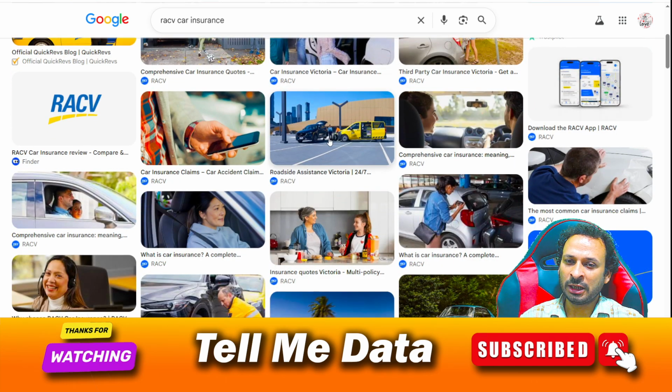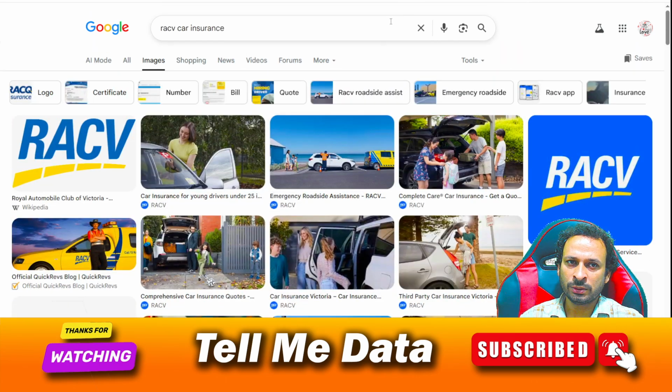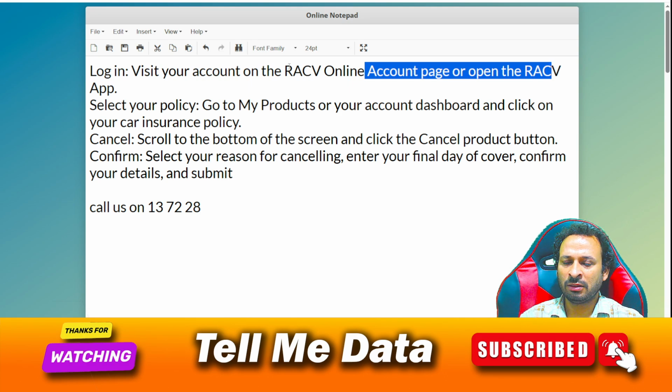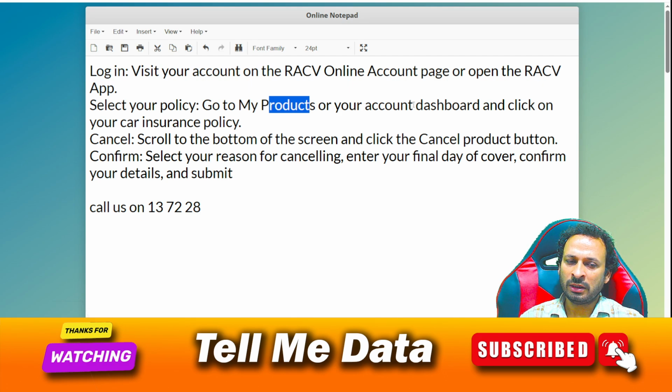And if you are a little bit of a technical person, what you can do is visit the RACV official website. You need to log in to your account, and once you are logged in, you need to visit the account page section. You need to open your RACV dashboard. And once you select your dashboard, you need to go to your products on your account, and then you